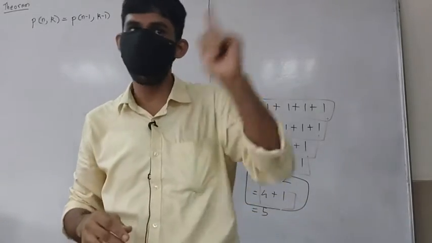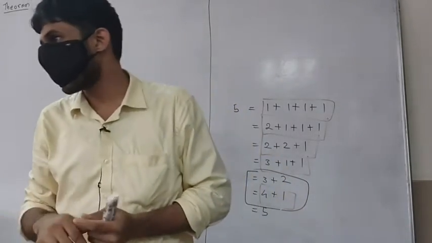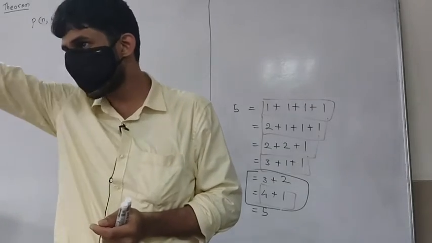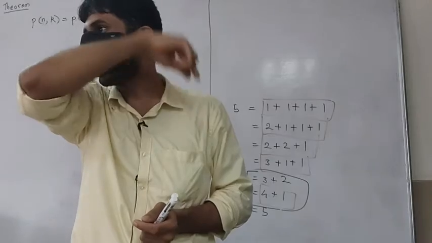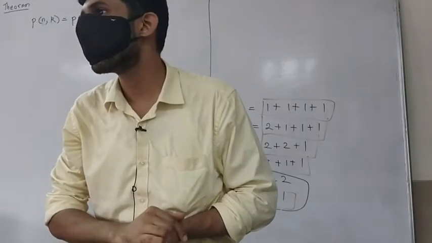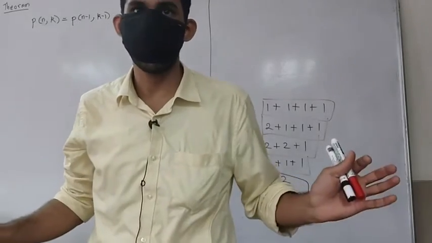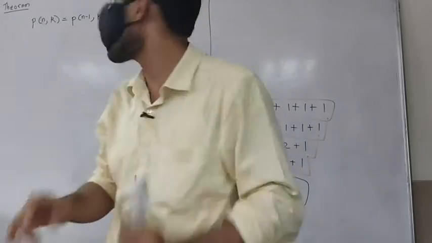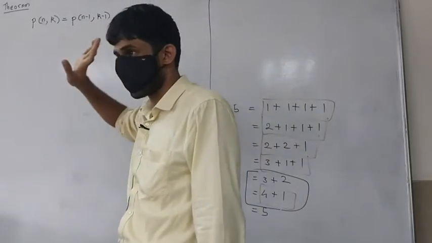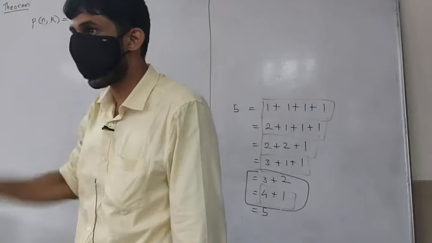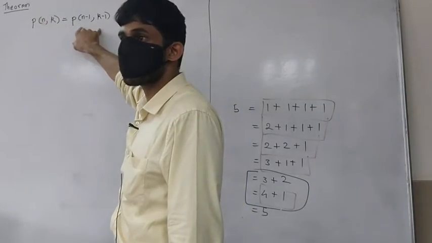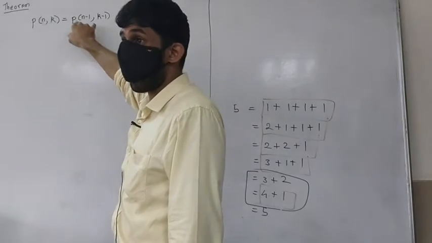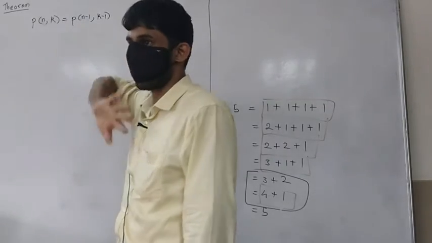Similarly, if you have a partition of n into k parts where 1 is the last element, you take off that 1 and you get a partition of n minus 1 into k minus 1 parts. So that works. If the smallest part is 1, the number of partitions of n into k parts such that the smallest part is 1 is going to be exactly this much.